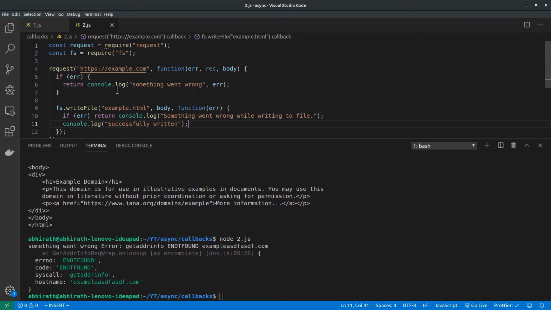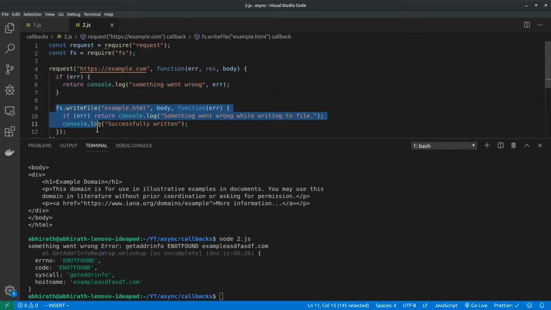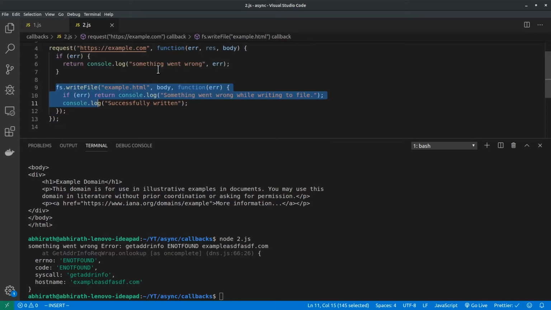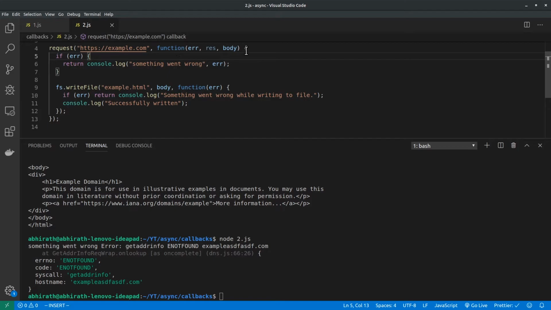You see this? If there is an error when making the request, when talking to example.com, we close the function here. So there is another function inside our main callback function. You have the request, the starting point basically. You have a callback inside it. Inside the callback, this thing is a part of this callback.